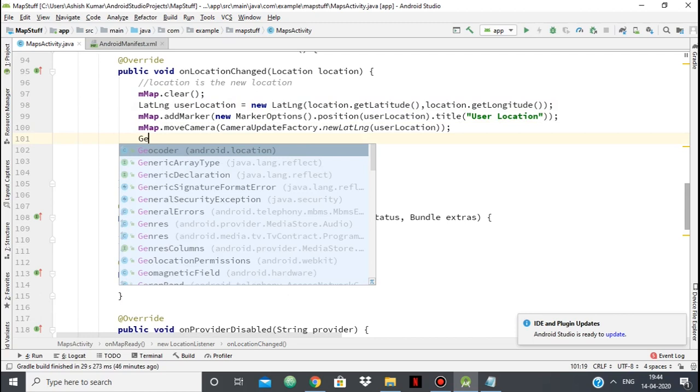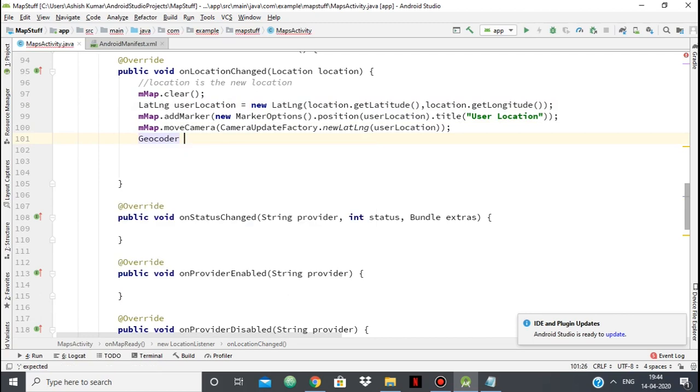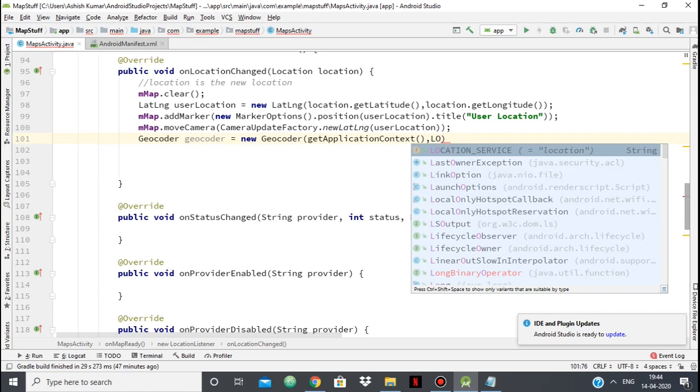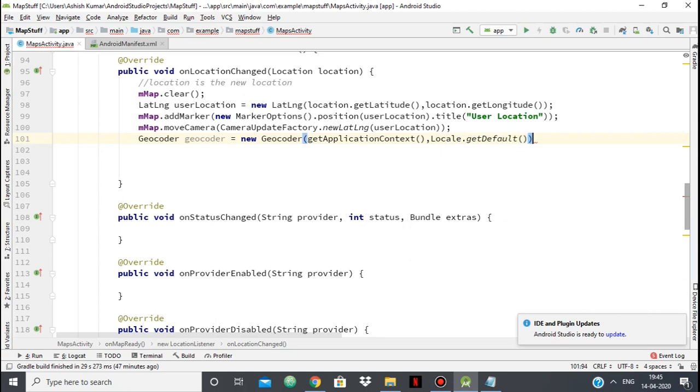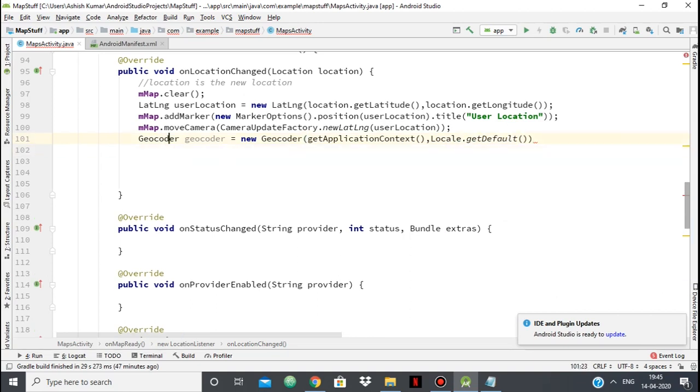Now to do that, we'll be using a geocoder. A geocoder is used for that. I'll show you, you'll understand how it works. So Geocoder, getApplicationContext, comma Locale.getDefault, and the semicolon. So we use the geocoder,